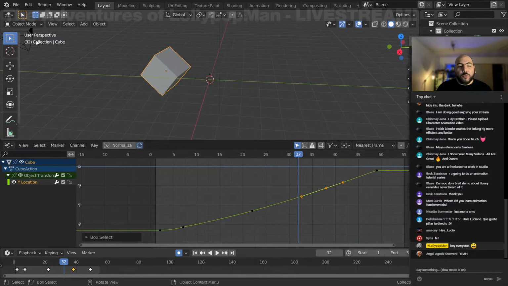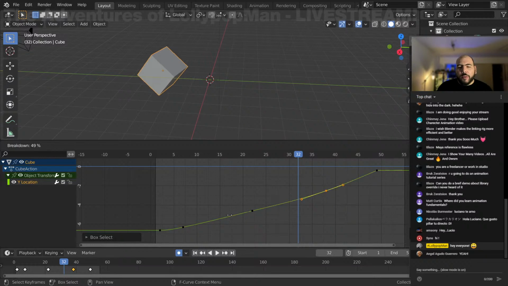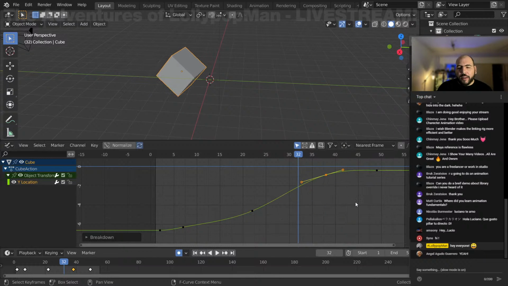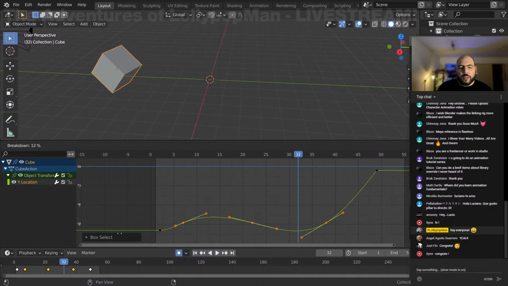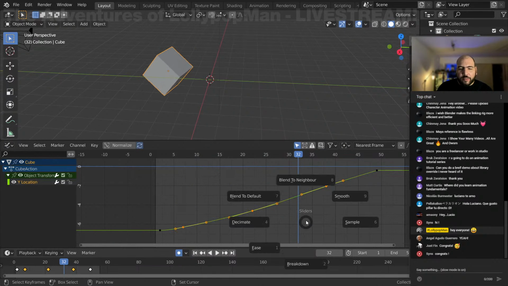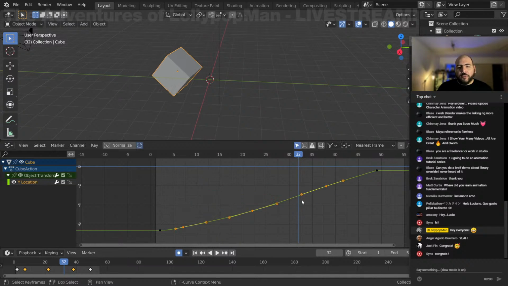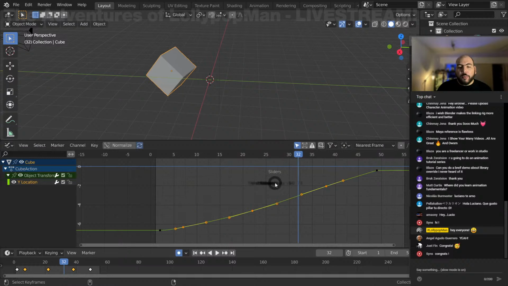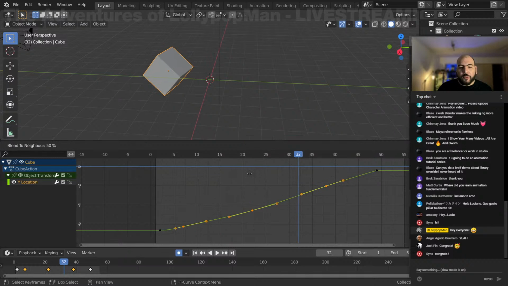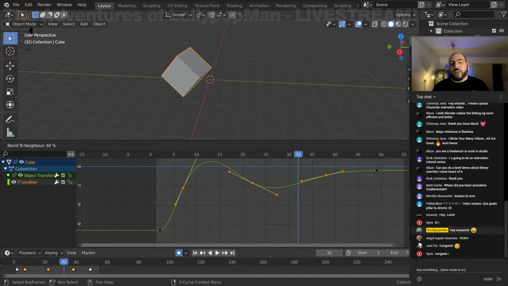And then we have breakdown, which is the same that we had in the 3D viewport, which basically will go in between either that one or that one. No matter how many keyframes I grab with breakdown, it will push them towards that one or towards that one. The difference between breakdown and blend to neighbor is that blend to neighbor starts with your same curve if you're at the middle, and then pushes it to one side and starts blending every keyframe to